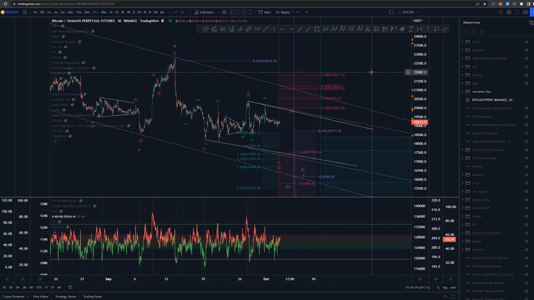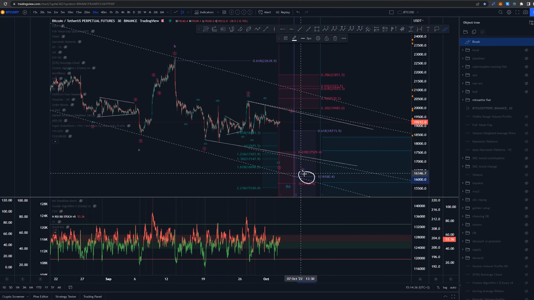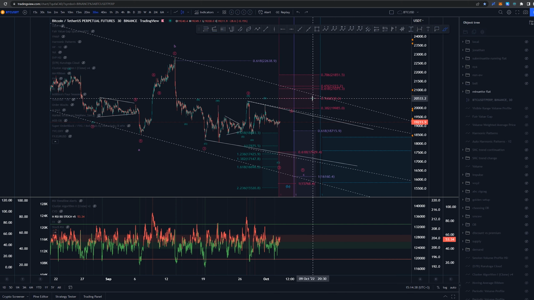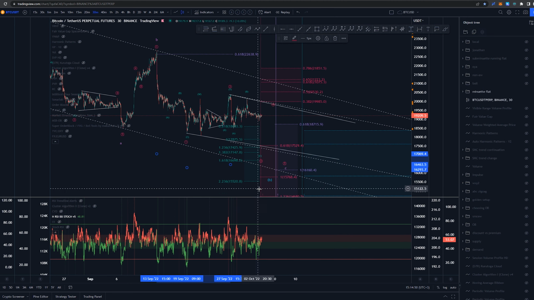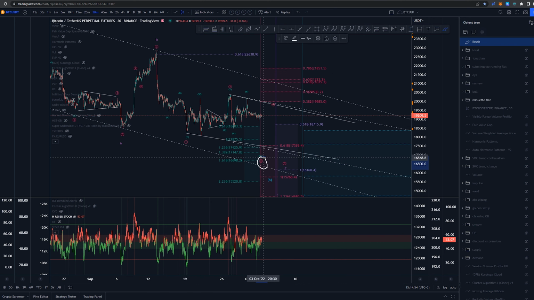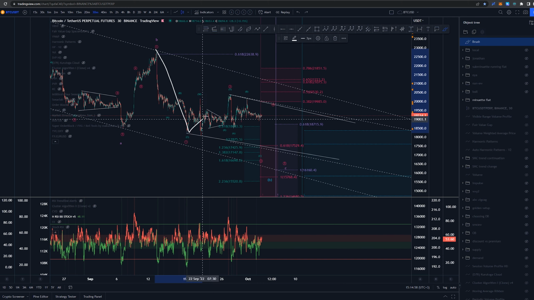Now originally, the main idea would be that the C wave would be a 1-to-1 in price and in time. That is the basic target that we have. If we are looking at some of the targets here as well, we could be looking for some kind of third wave here. Now the original idea was that we had this as 1, 2, and I've still got